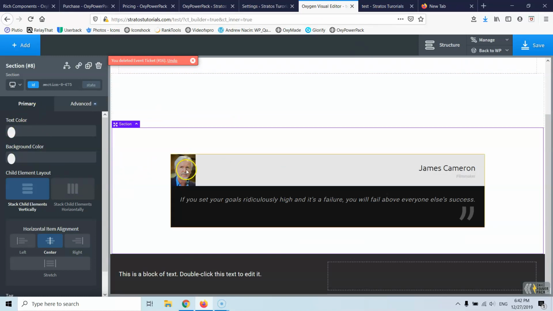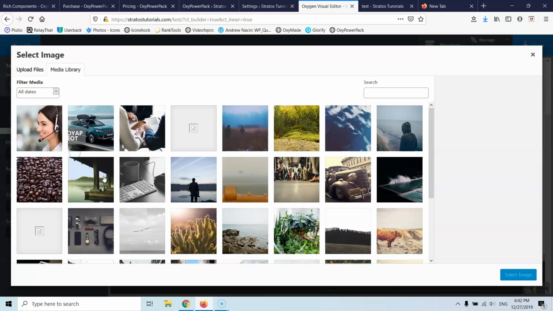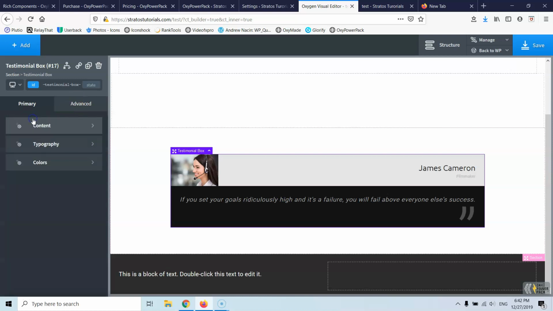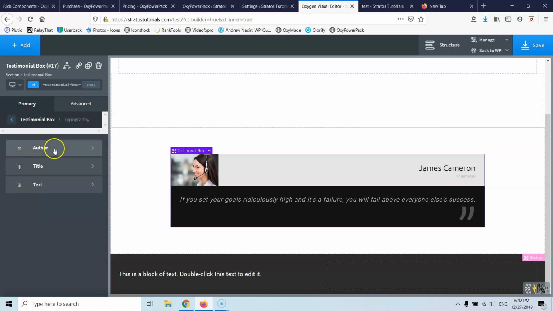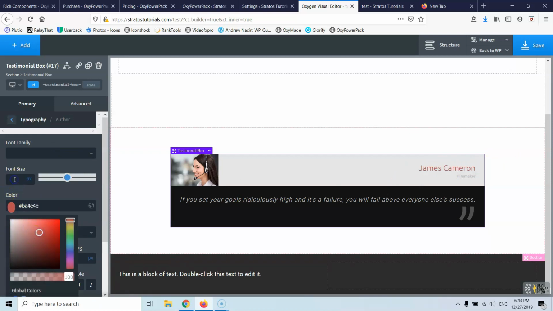And of course, you can select here and change the content. So change the photo. Here, let's go and add another photo, this girl. Okay, and the author name is James Cameron, and title is what it says here, and this is the text. And then we can go back to testimonial box, typography, and then we can change about the author, which is this, and we can go for another color, we can go for another size, and we can go